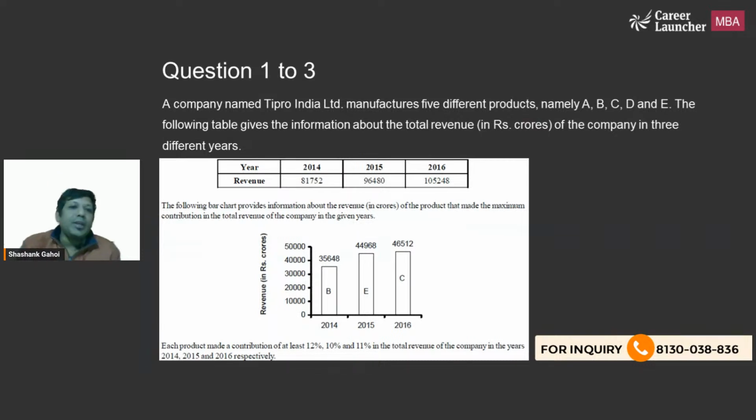So basically, a company named Tipro India Limited manufactures five different products, namely A, B, C, D, E. The following table gives the information about total revenue in crores in three different years. In the first year revenue is given, in the second year revenue is given, in the third year revenue is given. 2014, 18,752. In 2015,